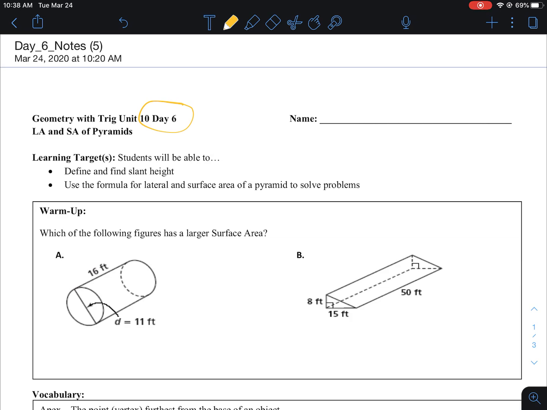So we have focused on prisms, we have focused on cylinders, and now we are going to focus on pyramids for today, okay? More specifically, lateral area and surface area of pyramids. So,